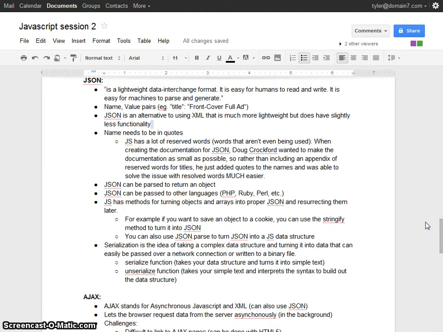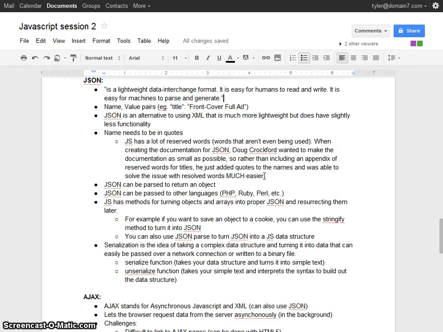So JSON is a lightweight data interchange format. It is easy for humans to read and write, and it is easy for machines to parse and generate. And that came straight from JSON.org. Now JSON.org, or JSON in general, is actually somewhat interesting. It was created and standardized by Doug Crockford, and he has basically become the standardization board for JSON.